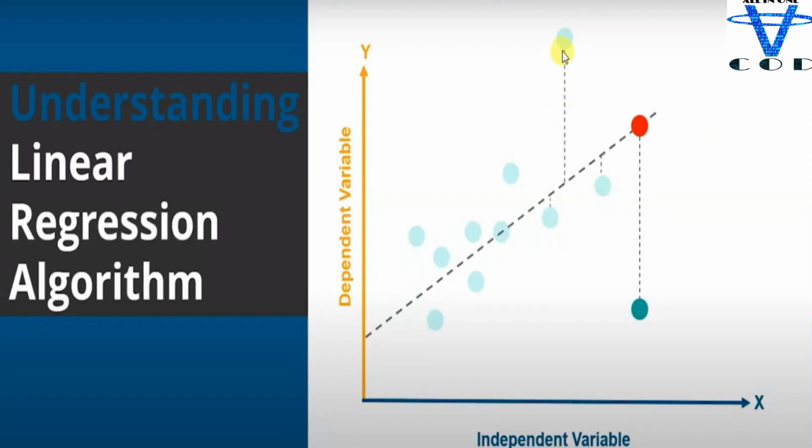So all of these dots, I want to place all of these dots on this linear regression line. I want this dot in here, this dot in here, this dot in here, and so on. So I want to place all of these dots on my linear regression line. How are we going to do this?